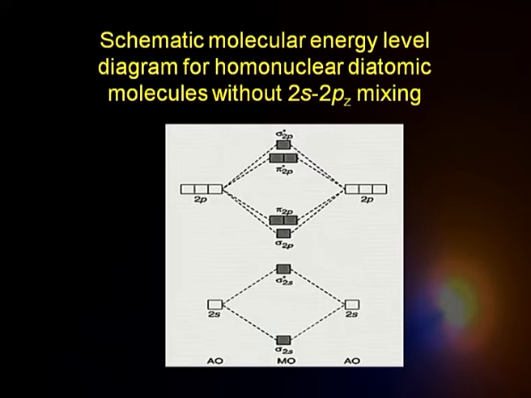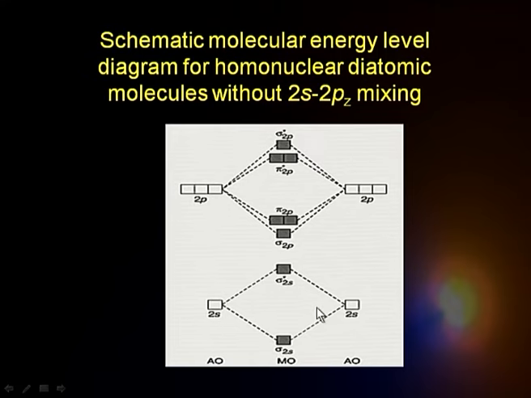When 2px and 2py combine, they give me pi orbitals which are of slightly higher energy, and since px and py give molecular orbitals which are degenerate, there are two bonding, this is my pi 2p, and this is my pi star 2p. That means these are the bonding molecular orbitals I got, and these are anti-bonding. We find that there are two of each, because the px and py give molecular orbitals of equivalent energy, that is, degenerate. So this is my molecular orbital energy level diagram. Okay.